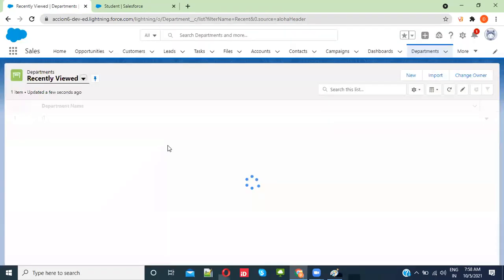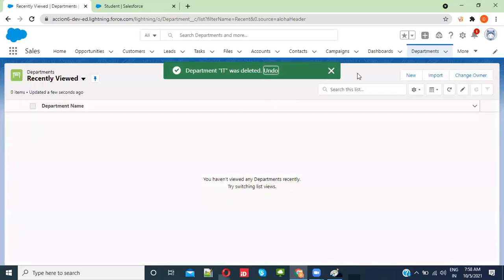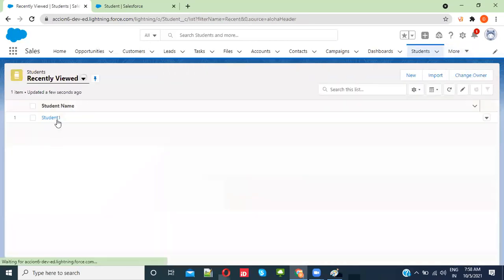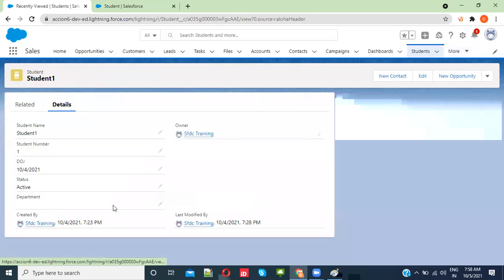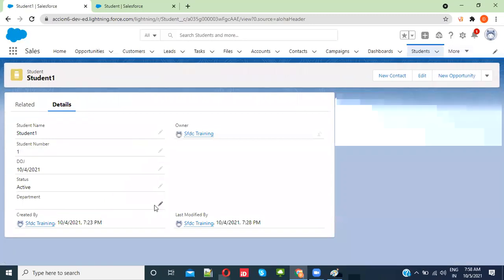See this. I have deleted this record. Now what happens to the student? On the student, the value will be made empty. Nothing other than that. No other effect, but the value will be removed. That's it.